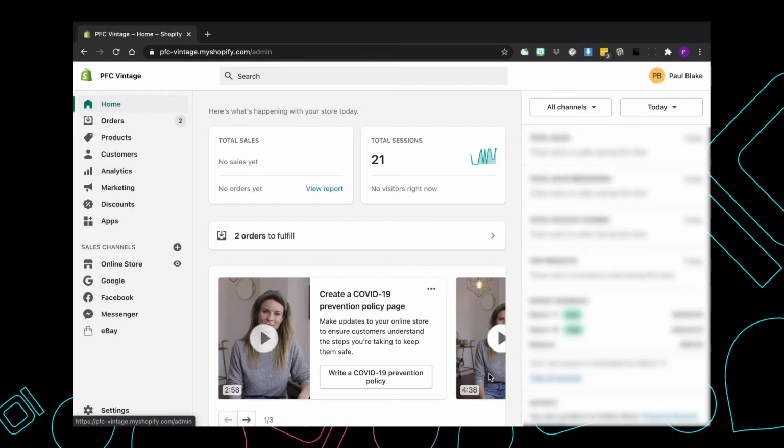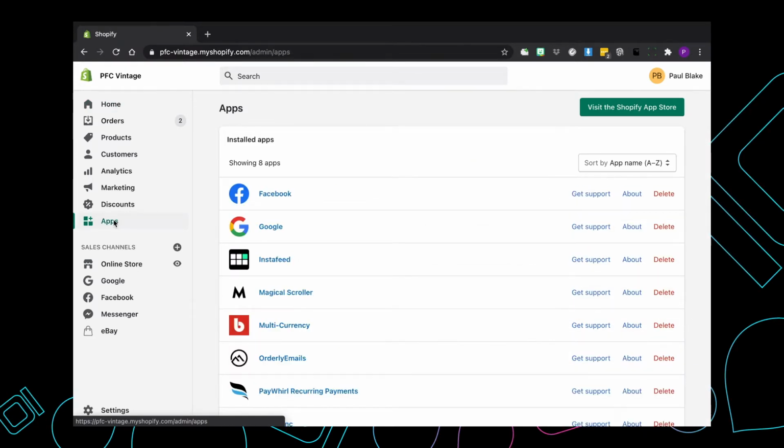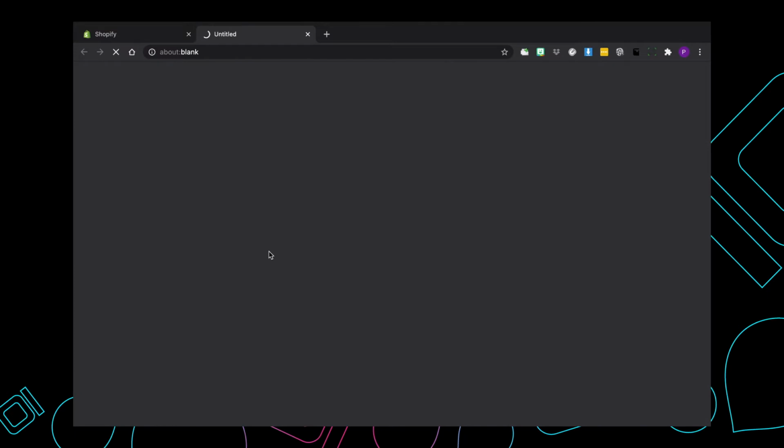Today I'm going to show you how to navigate to the Shopify App Store from inside Shopify. So on the left hand side here you've got your menu, and right down the bottom you've got apps. And from here you can actually visit the Shopify App Store in the top right corner. So this will open up a new tab,